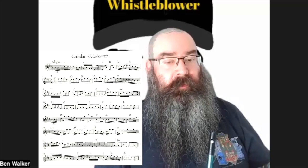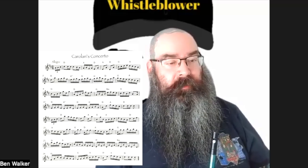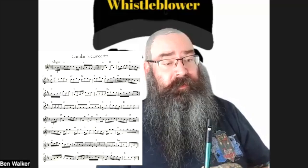You could mix that up, so first time round, you could play the ornament on the A's. Second time around, you could do the opposite. So that's some ideas for ornamenting the first part of the B section. So play the rest as it is. There's no ornaments in the next bit. So from bar 21,